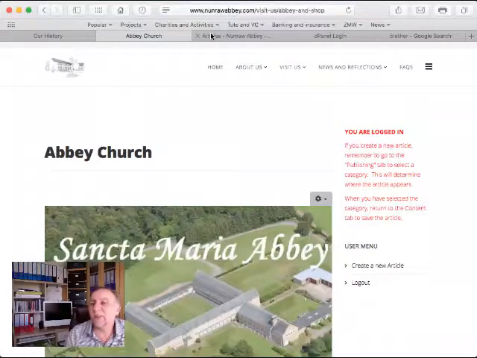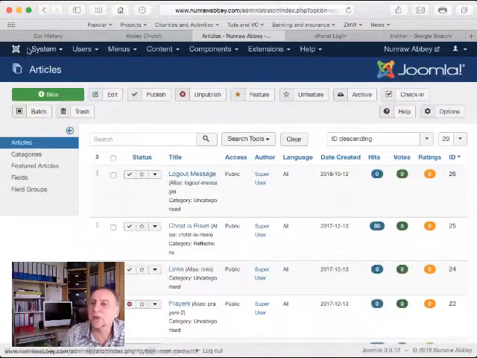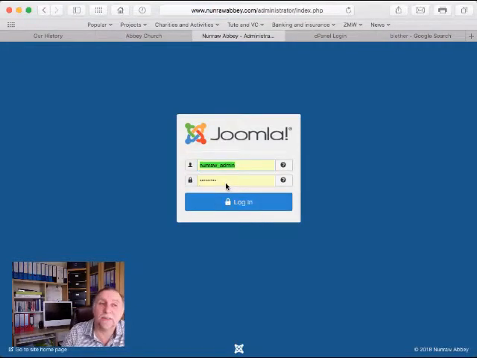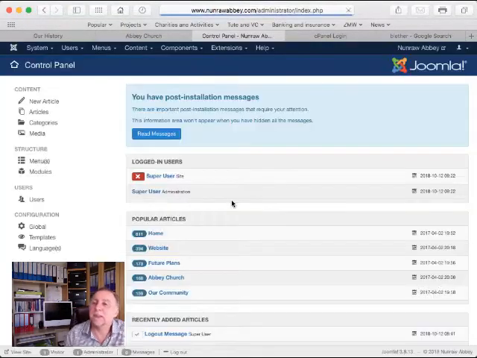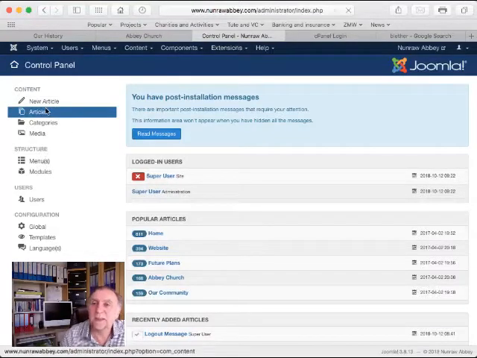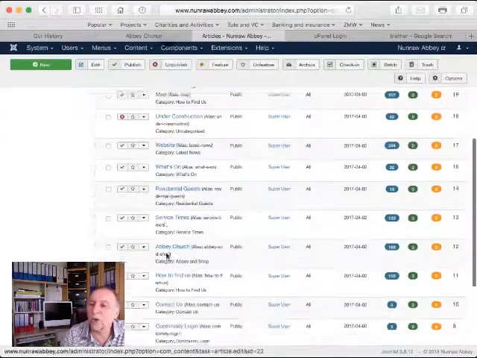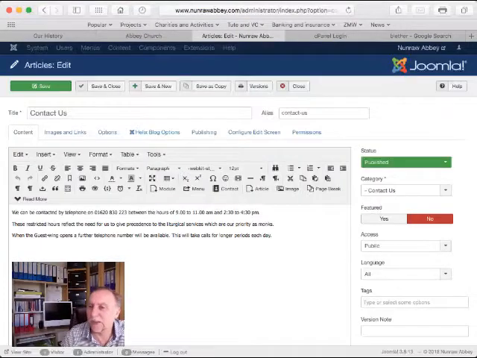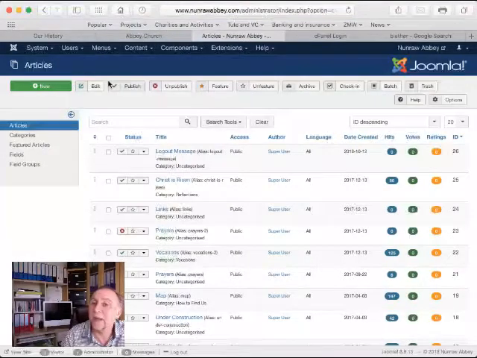If you want to do even more technical stuff, the way I set up the menus and everything, this is what's called the back end of the system. So this is again looking at the Nunraw Abbey website, but this is looking at the database behind it. You may never need this, but it is all here. Here are all the articles. So this is actually where you create articles,